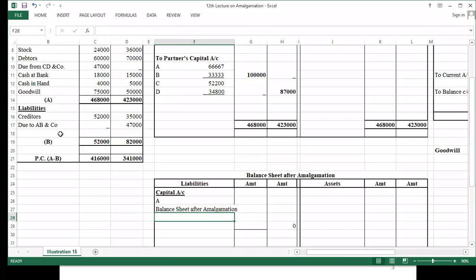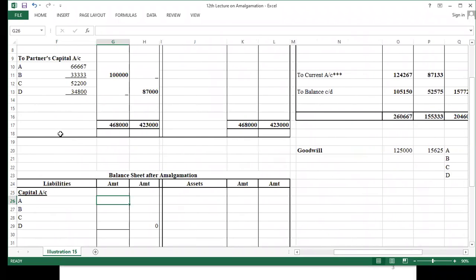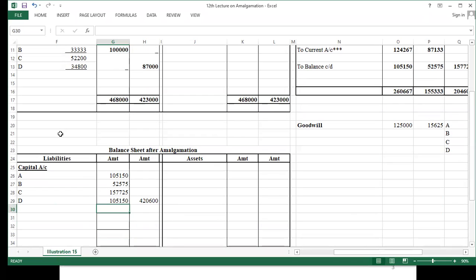A, B, C and D. Okay. So amount is एक आ रहा है 1,05,150, ठीक है। बी का है डिवाइड बाय 2, ठीक है। सी का है 6 मल्टीप्लाई बाय 3 और इसका एज इट इज था, ठीक है। सो माय टोटल कैपिटल इज 4,20,600. आई ऑल्सो हैव अ करंट अकाउंट विद मी, ठीक है।